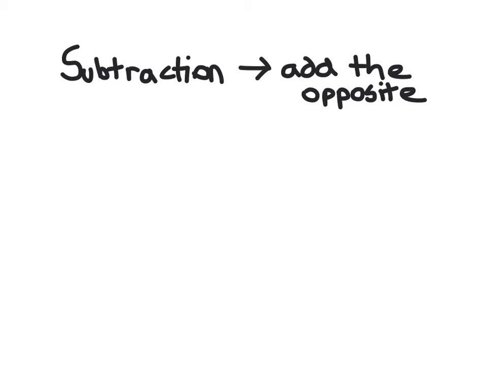Let's briefly review our addition rules for integers. If I am adding integers with the same sign, we learned this yesterday, so both of these numbers are negative, I'm going to add the numbers together, 2 plus 3 is 5, and keep the sign. That's how I add integers with the same sign. I add and keep. If I'm adding integers with different signs, so say negative 2 plus 3,